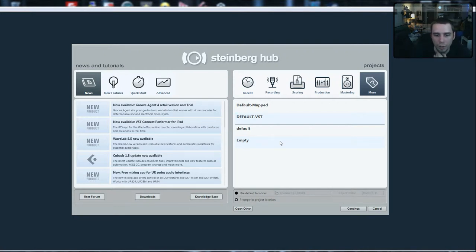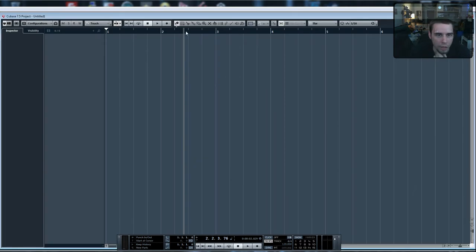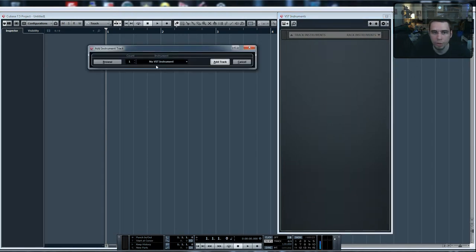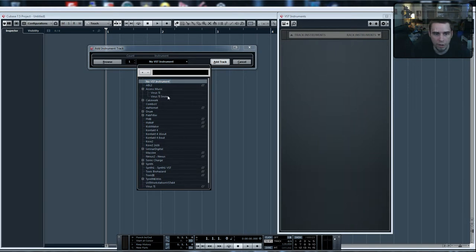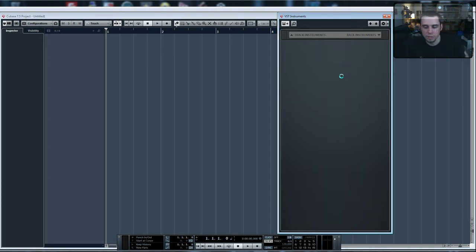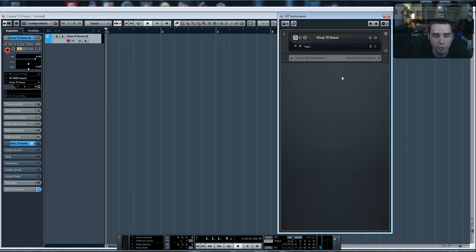So for example, I'm going to create another empty project here, and just like before, I'm going to add in a plugin. So F11 for our VST instrument shortcut key, and we're going to add in the VST Snow, which is a hardware synth that's actually kind of neat because it uses a USB connection to send all of its audio and MIDI data directly to the computer. That way you don't need an outboard mixer or to patch it directly into a sound card with multiple inputs. We're going to open up the plugin right here, and we're pretty much ready to go right off the bat. So here's my plugin,